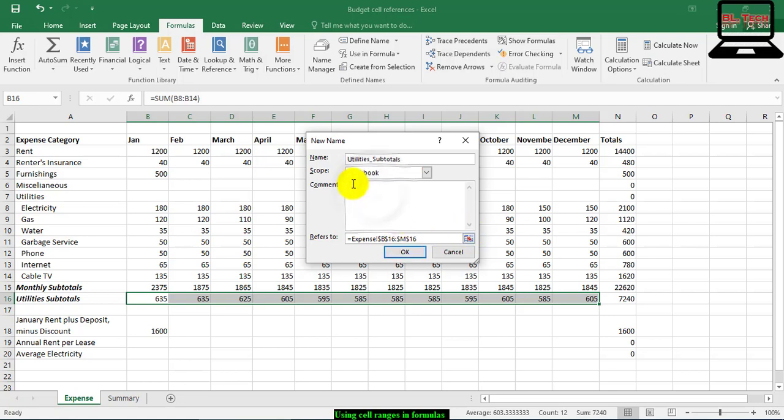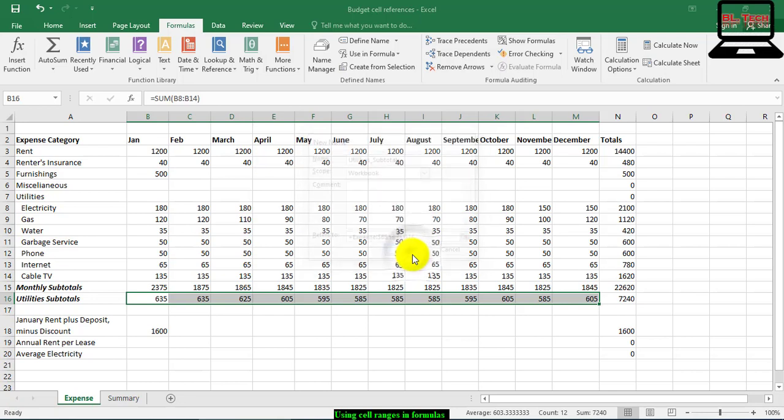Type in a comment if you like, or leave the cell address that appears in the Refers to text box. This is the range you selected. Notice that the sheet name is also included automatically. Click OK. The name Utility Subtotal is saved for the range B16 to D16.